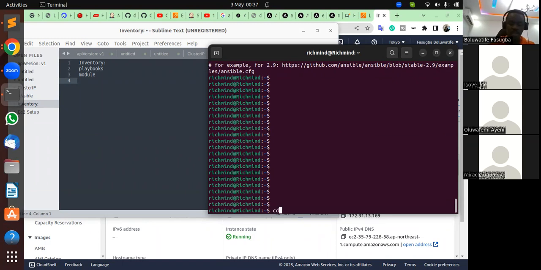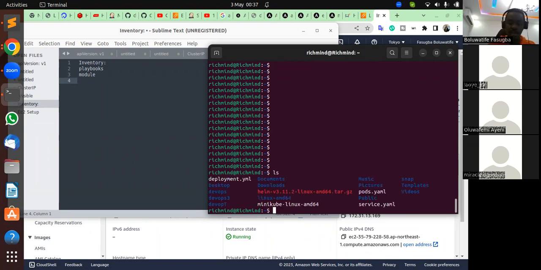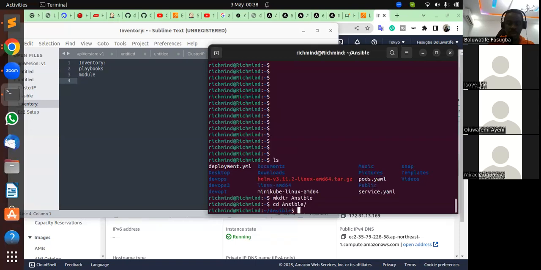Now let's play around. ls. Let me create a directory called Ansible, mkdir Ansible. I cd into Ansible. Then there's this file we call inventory. Now I told you, inventory is where you have the list of all your servers configured. Inside the inventory file, you can take the default location for the inventory. The default location for the inventory should be